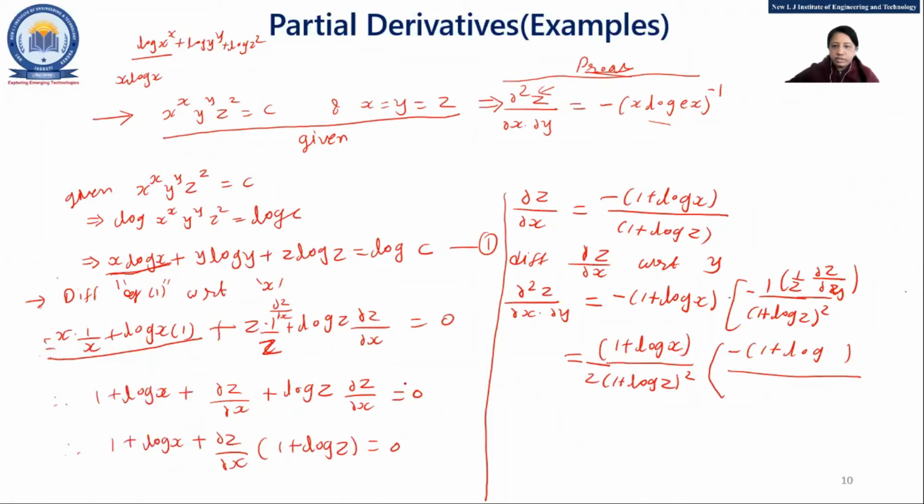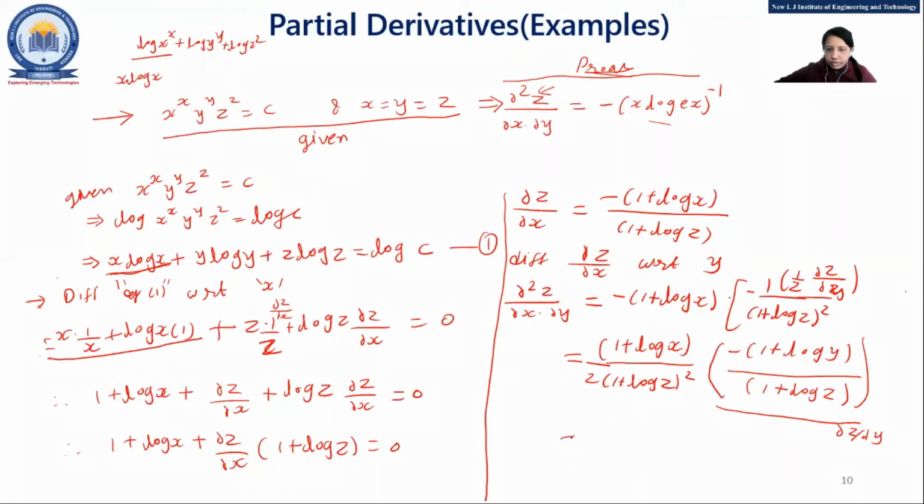If any doubt, just raise your hand, okay? Otherwise, write into the chat box. We are replacing the value for what? Del z by del y, 1 upon log z as it is. Okay? This is the value for what? Del z by del y. Okay? Yes. Is there any problem? Anyone up to this? Okay, fine.